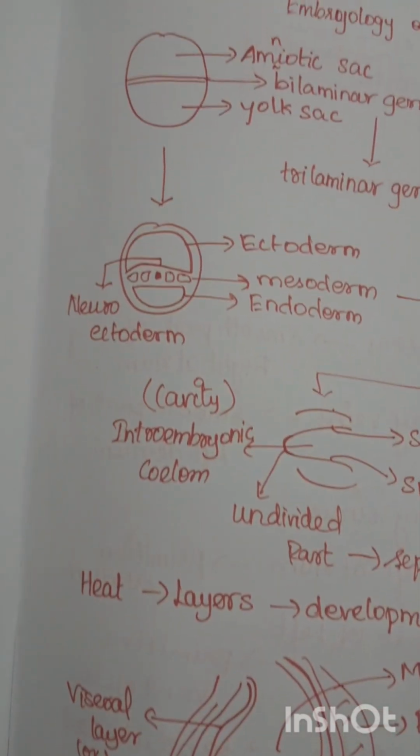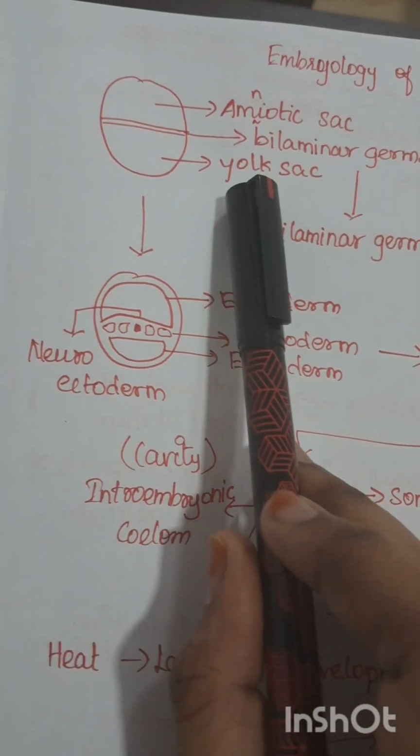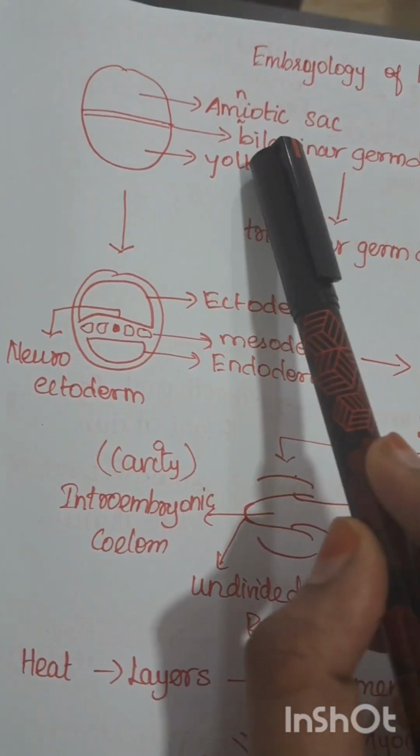First we are going to see the embryology of the heart. Under this topic we are going to see how the heart has been formed and what structures are involved in it. So first, the basic embryonic sac contains the amniotic sac and yolk sac, which are separated by a